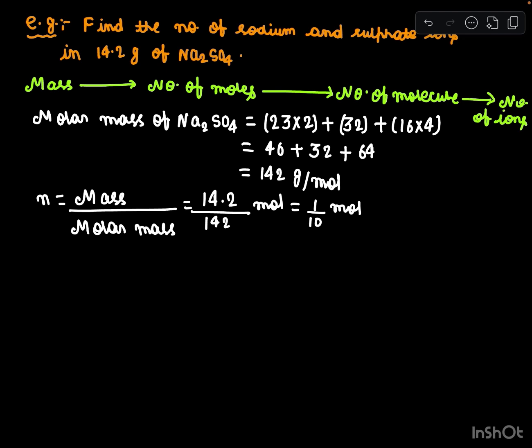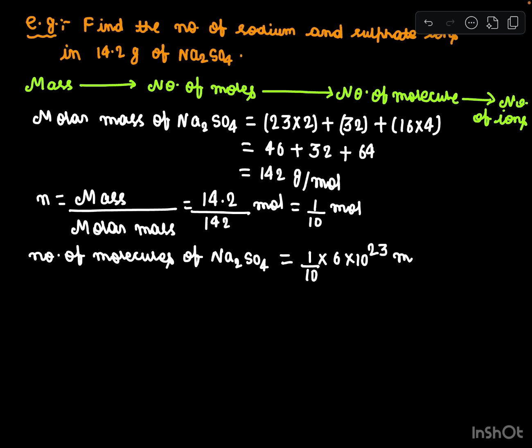Now the number of molecules of Na2SO4. Since 1 mole of any substance contains Avogadro number of molecules, 1 by 10 mole of this will contain 1 by 10 multiplied by 6 into 10 to the power 23 molecules